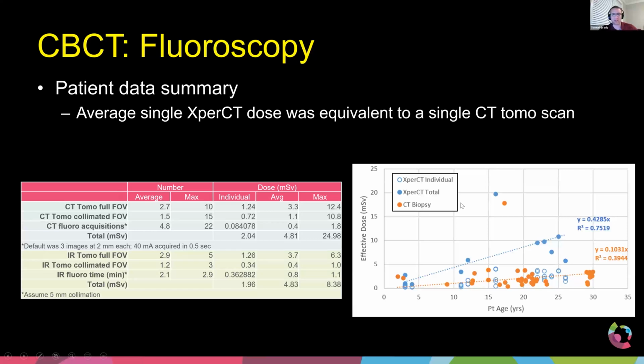So comparing the doses to the CBCT scans on a C-arm interventional system compared to what we would actually acquire on a traditional CT. Traditional CT is shown here in orange. And the